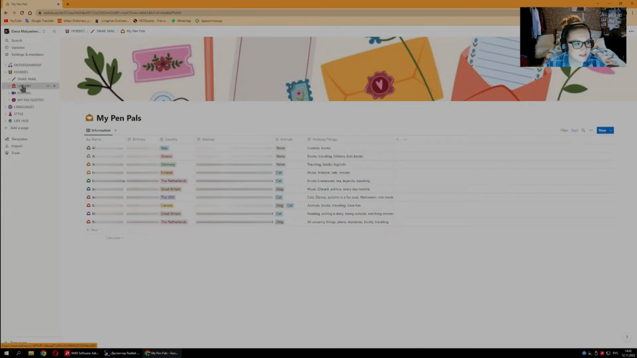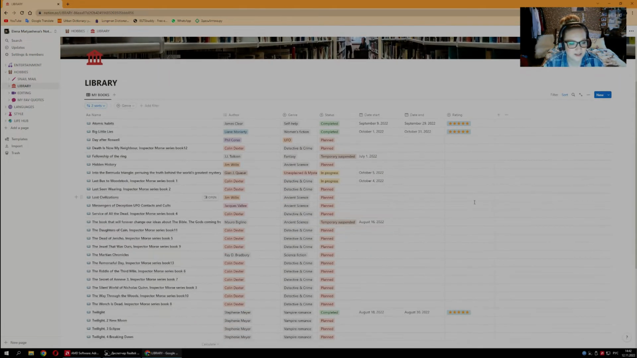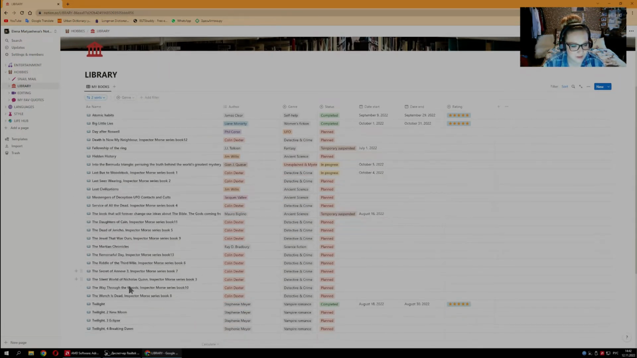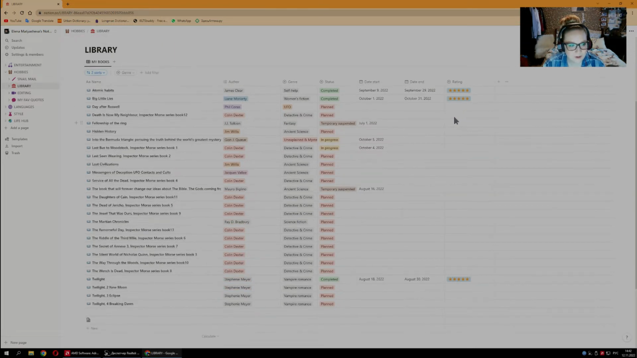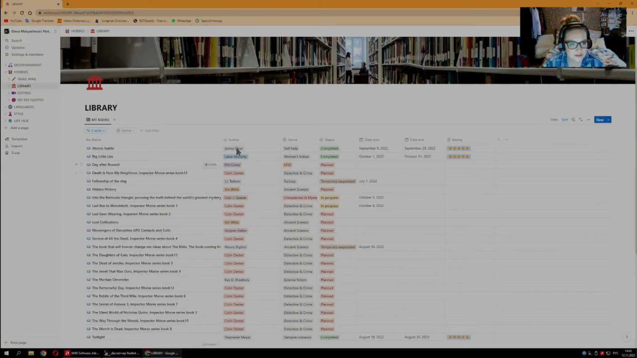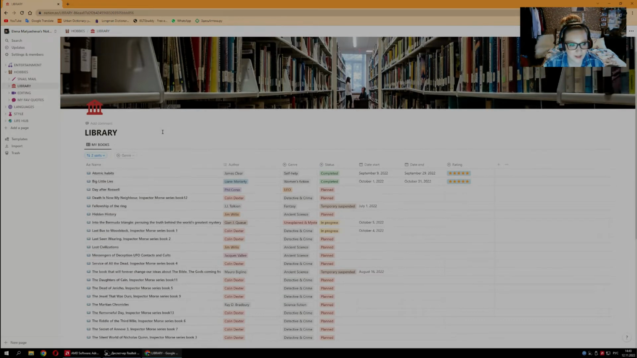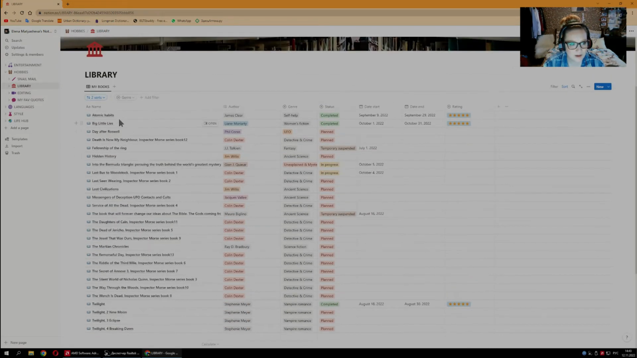Okay, let's continue with the library section. In this section you can see that I have a list of the books and I have sections: author, genre, status, date start, and rating. And frankly speaking, I don't like the way I organize these sections, because for 2023 I plan to create a list of books at the beginning as my plan, and only the books that I have already